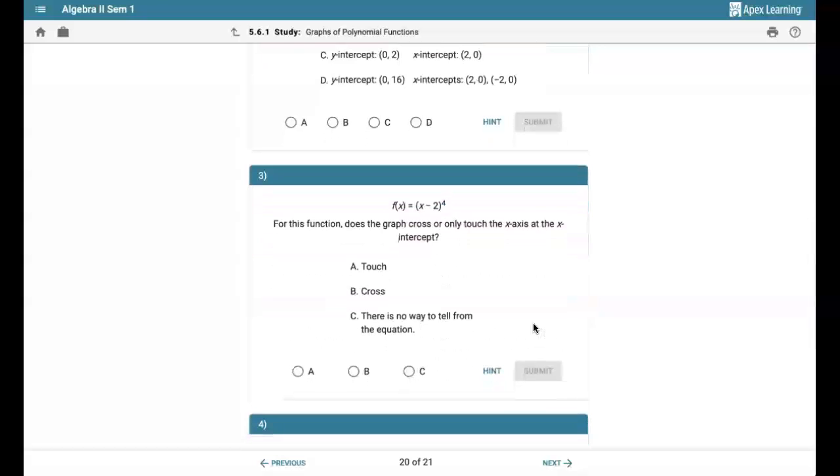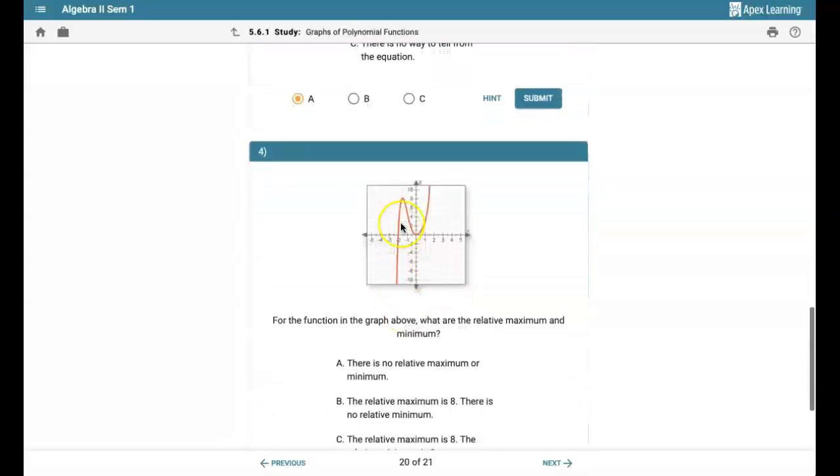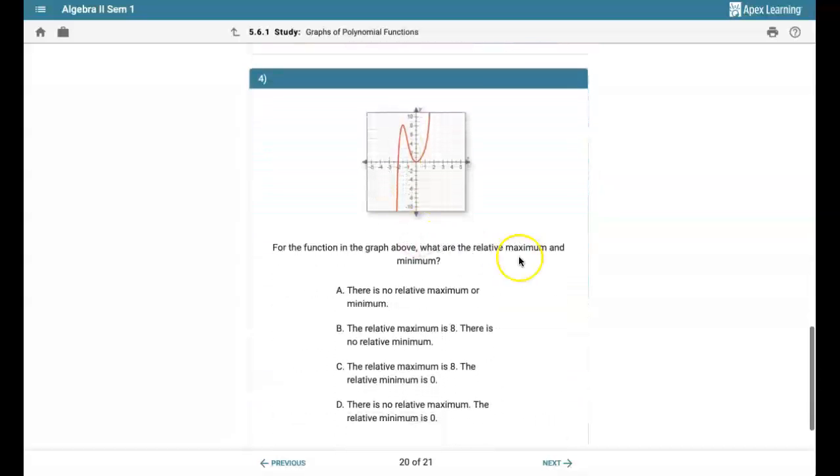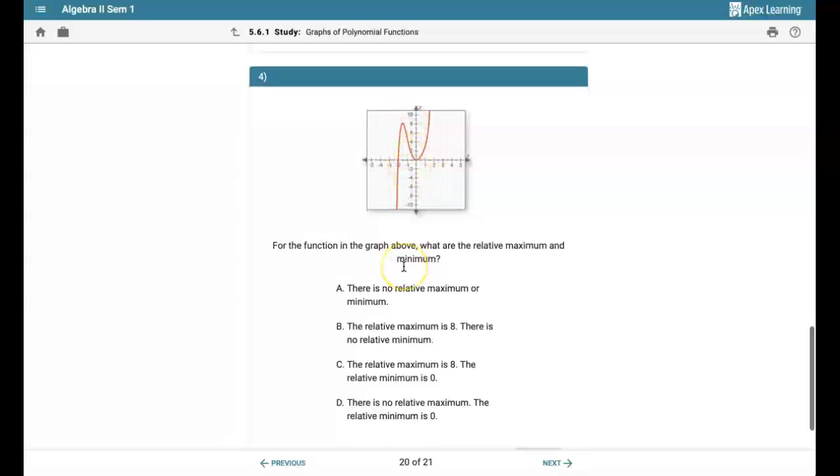All right, this is asking, does this function cross or touch the x-axis? And in this one, we have x minus 2, and that quantity is to the power of 4. Since that has a multiplicity of an even number, that means it's just going to touch. If this was x minus 2 to the power of 3, then it would be crossing, right? So it's only touching. Through the graph above here, this is our relative max and this is our relative min. We have no